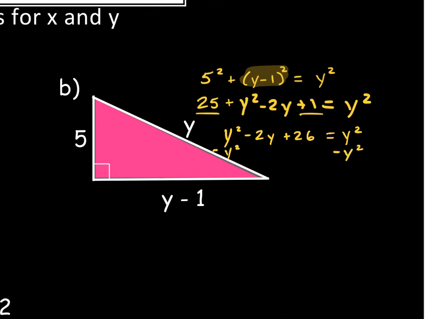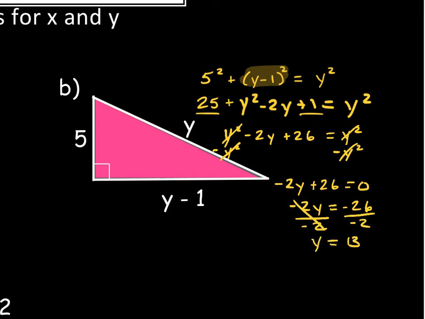That sounds fantastic. Baby Yoda, baby Yoda. Negative 2y plus 26 is equal to 0. I like that much better, right? That seems way easier to solve now. And then you subtract 26 from both sides. And then you divide by negative 2, and that goes y is equal to